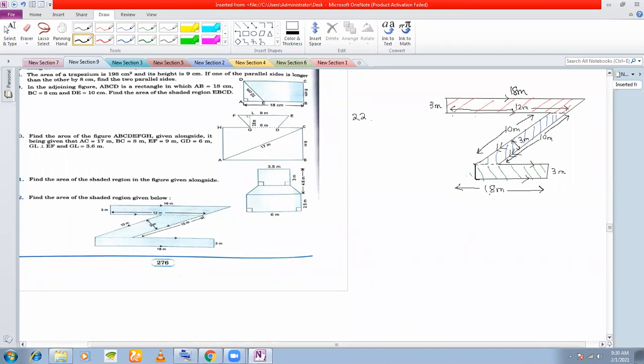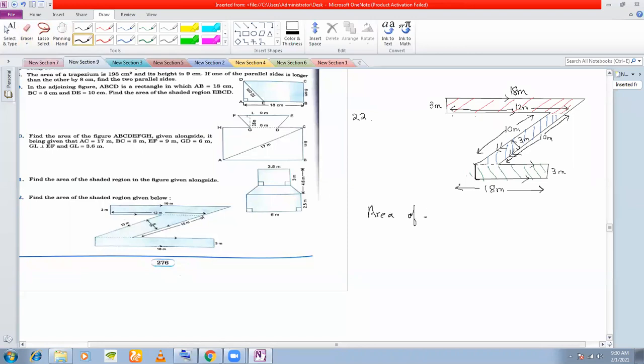My diagram is not too accurate, but what you must understand here is that this consists of two trapeziums and one parallelogram. The blue shaded part is your parallelogram. And once you see the trapezium, you must know the length of the parallel sides of the trapezium and you must know the height of the trapezium in order to find out the area. So let us find out the area of the red shaded trapezium.